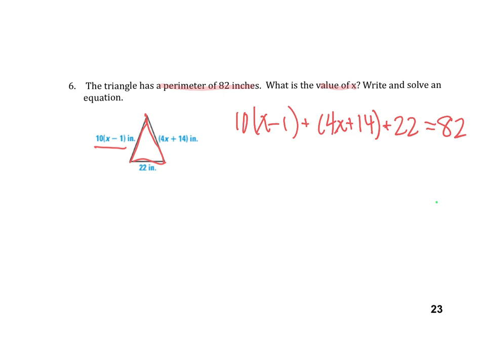So the next thing I just need to do to be able to solve this equation is to get rid of the parentheses. So these parentheses, I'm multiplying 10 by everything inside, so that's 10x minus 10 plus, whereas these parentheses have an invisible 1 on the outside, so I'm multiplying everything here by 1, so 4x plus 14, and then I finally have 22